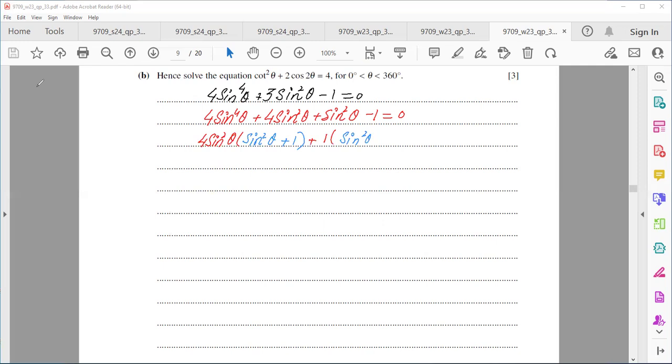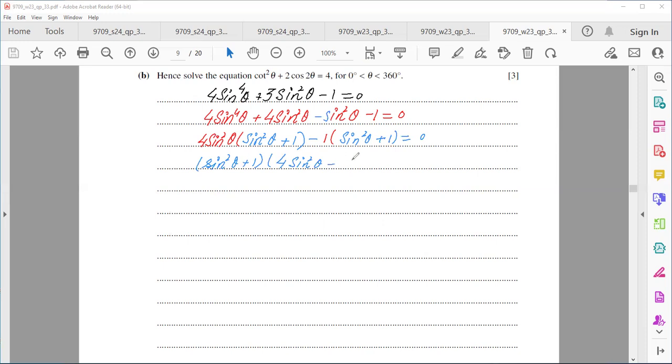And we know that over here we have the minus sign. So when we take the minus sign common, you have minus 1 taken as common, sine square of theta plus 1 over here. So the brackets in the blue color have the same terms. This means up to now your factorization was correct. So we write sine square of theta plus 1 over here, and the rest of the terms without the bracket, you will write as 4 sine square of theta